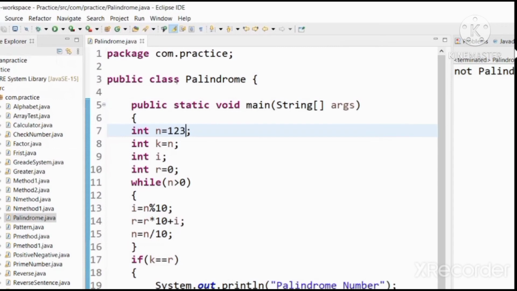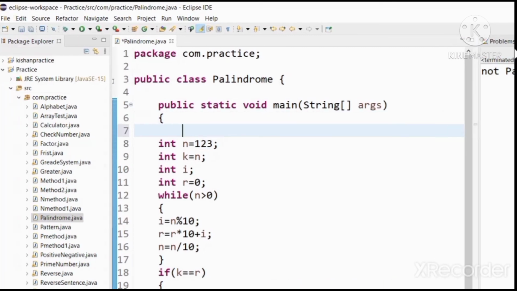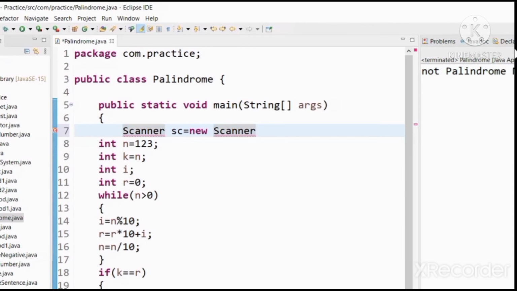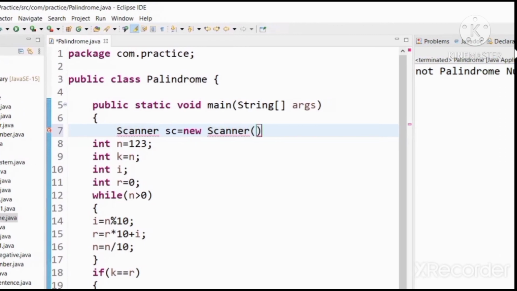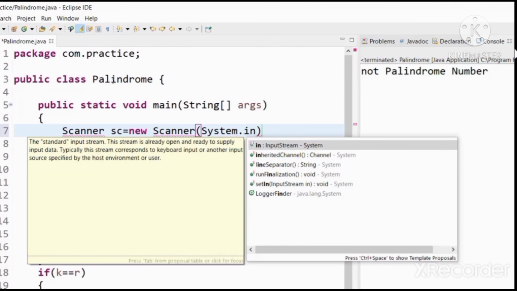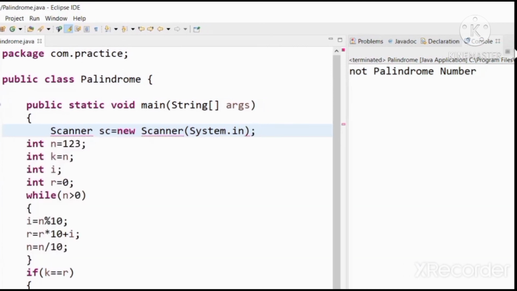If we want to enter the number from the user, then we simply use the Scanner class. So Scanner sc is equal to new Scanner(System.in).